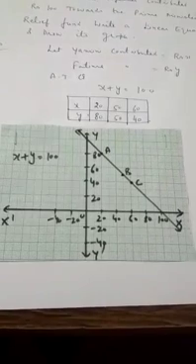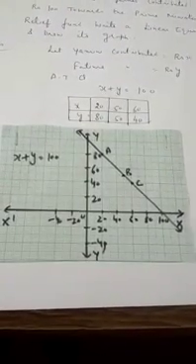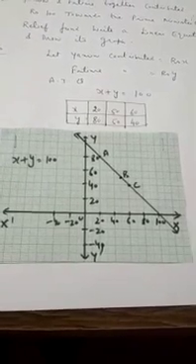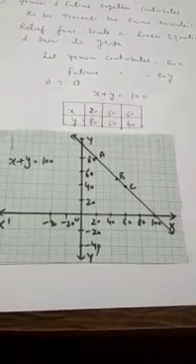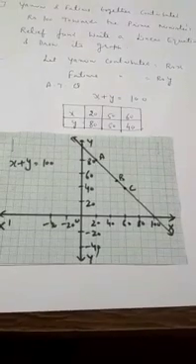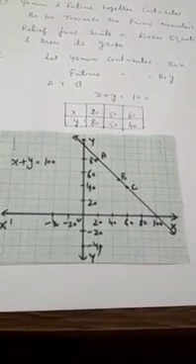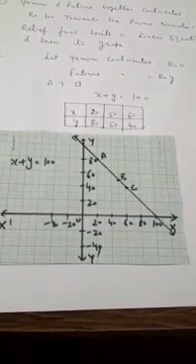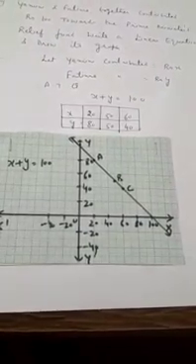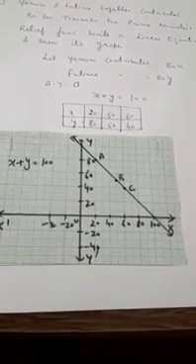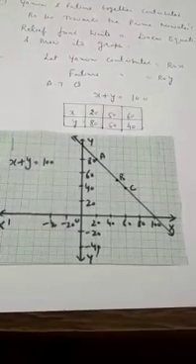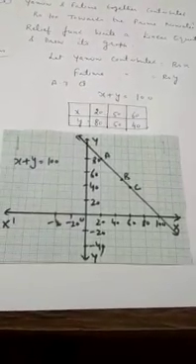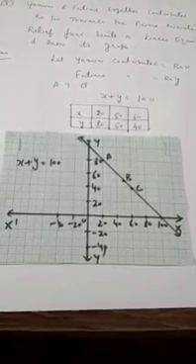Now on the axes X and Y, we will not choose the scale as 1, 2, 3, 4, 5. We will choose the scale either as 10, 20, 30 or as 20, 40, 60 according to the solutions of the equation. So here I am taking the scale on the x-axis as 0, 20, 40, 60, 80 and 100, and on the y-axis again 0, 20, 40, 60, 80 and 100. Again you will choose the same scale on the x-axis as well as on the y-axis.